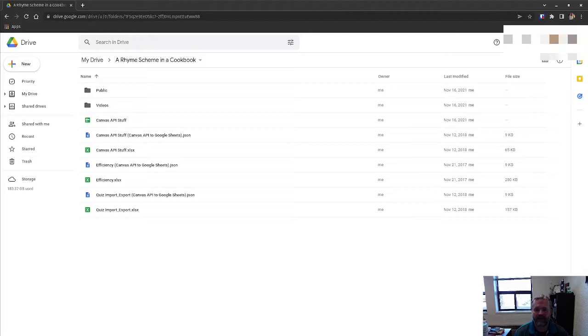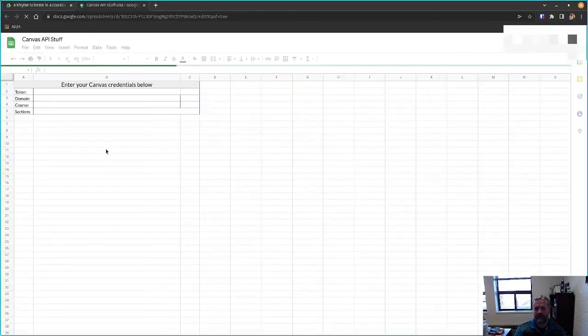What I have is a folder full of Google spreadsheets that had scripts attached to them, and they were in a folder on a Google account that no longer exists. Before that Google account went away, I downloaded them using the Google Takeout feature. Then I uploaded the folder back to my new account and figured that the spreadsheets and everything would be just fine. So when I did that, I have this Canvas API stuff .xlsx, and when I opened it